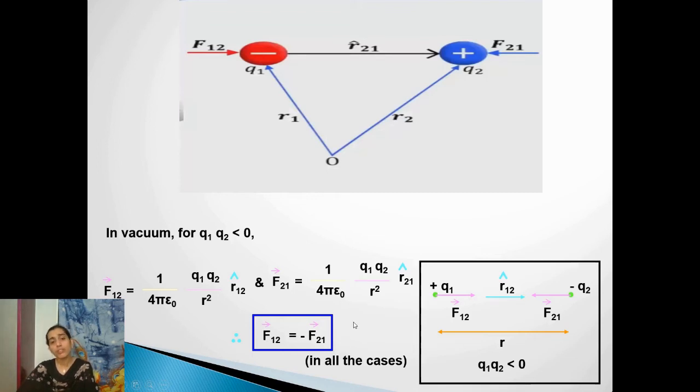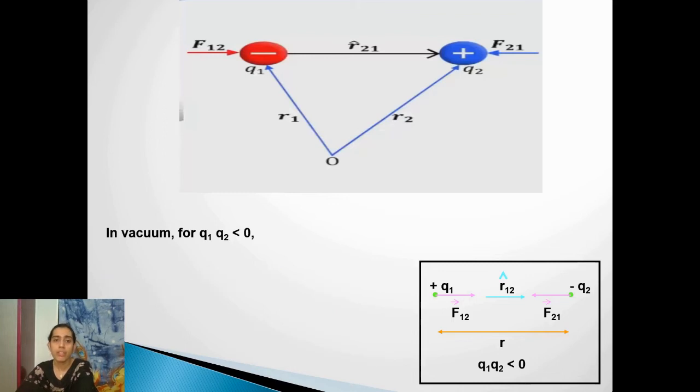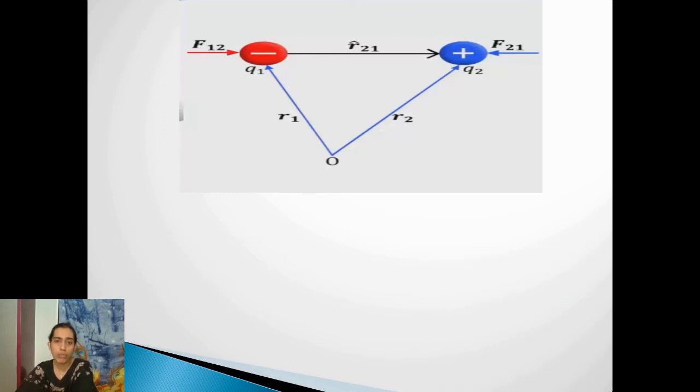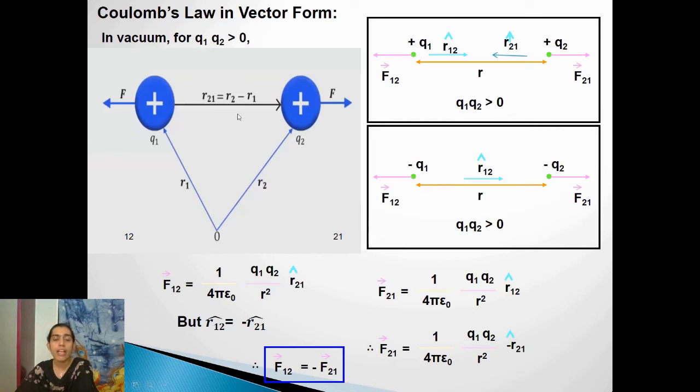Okay, so what might be the significance of this vector form? Studying the vector form of Coulomb's law, one is obviously that Coulomb's law agrees with Newton's third law of motion. And one more thing is, you can observe the force acting between these two point charges will always act along the line joining the two charges, right? Which means the force of attraction or repulsion which we observe between these two charges is a central force. These can be the significance of studying Coulomb's law in vector form.